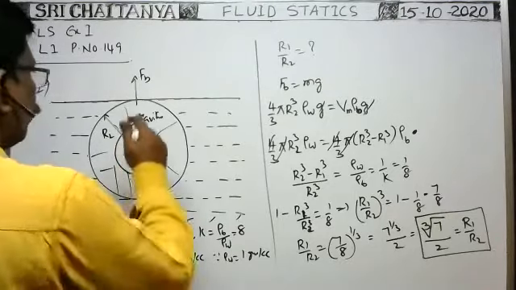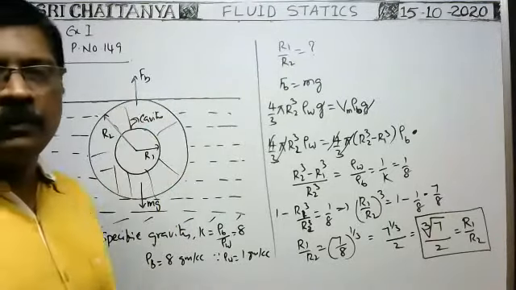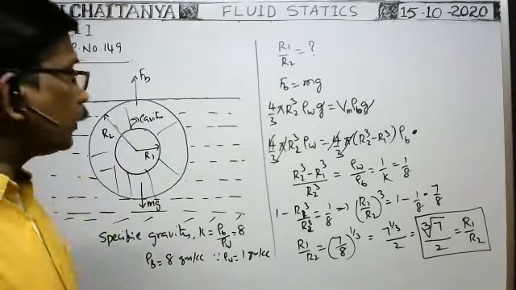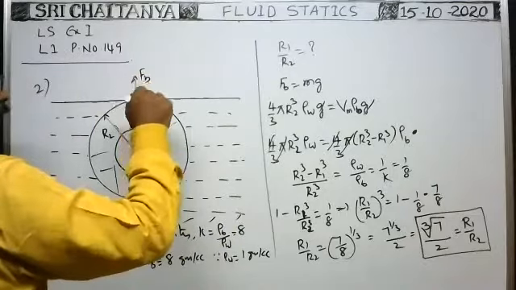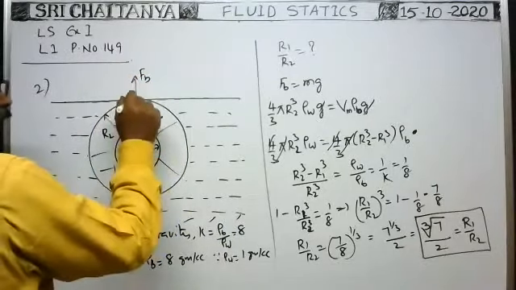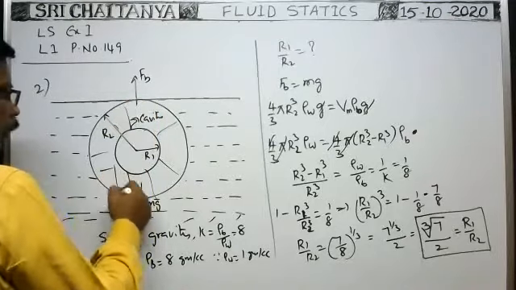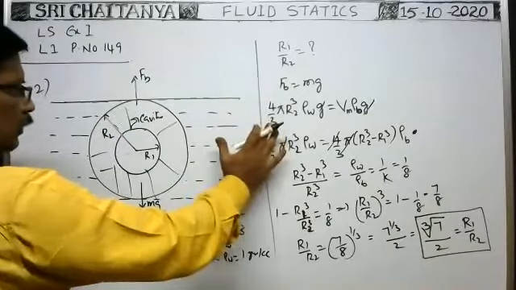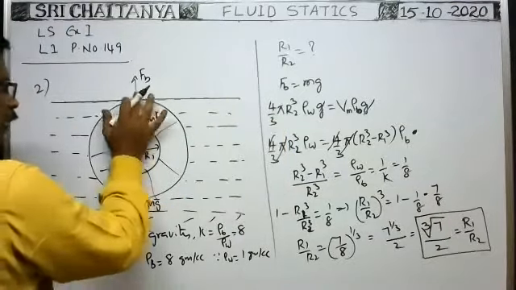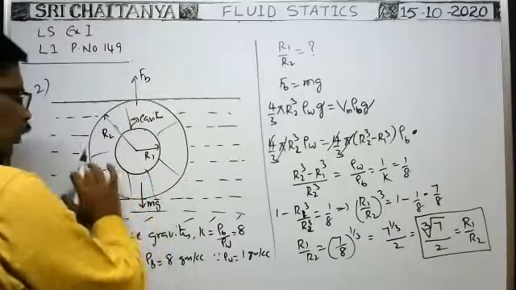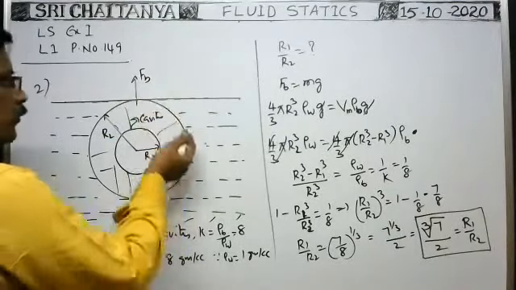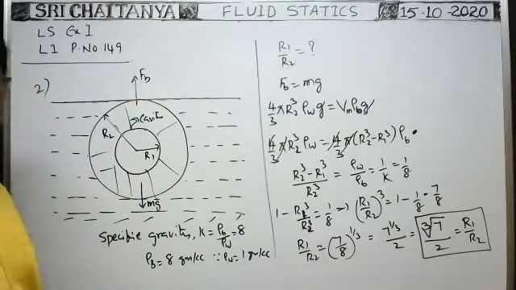Here, buoyant force means the weight of the liquid displaced by the body. The body here, you see, the outer volume of the body is this one. This amount of volume of the water is displaced, no? Inside the cavity, there is no water. Only as the sphere is this one. This volume of the water is displaced by the sphere. Their weight is equal to the buoyant force. That's why I consider the volume of the entire sphere.